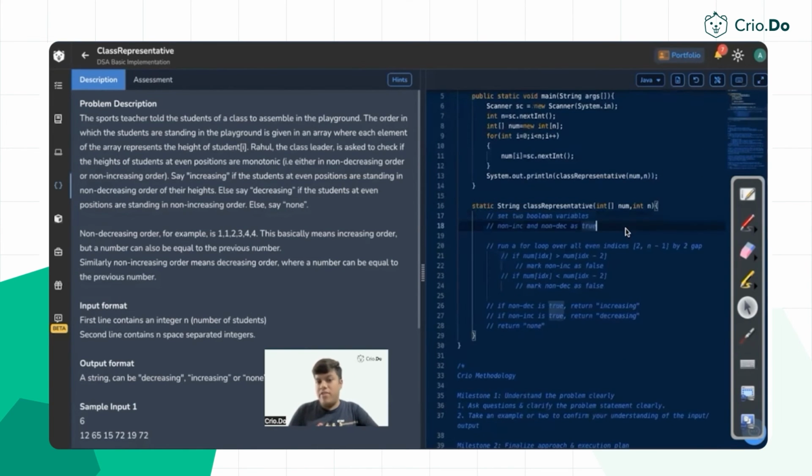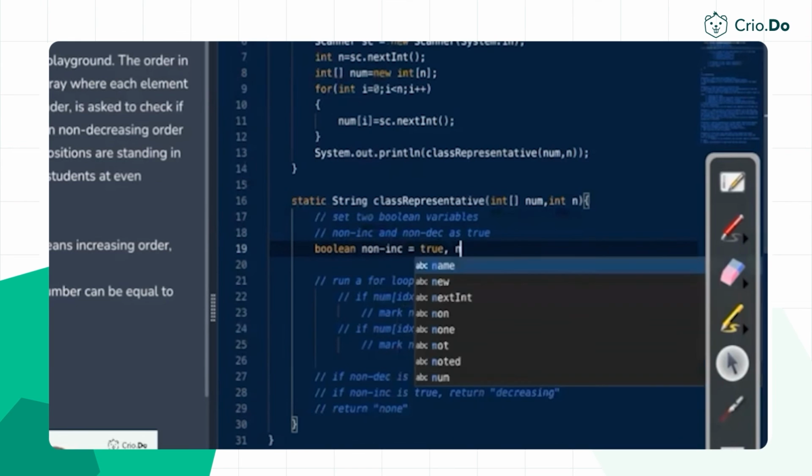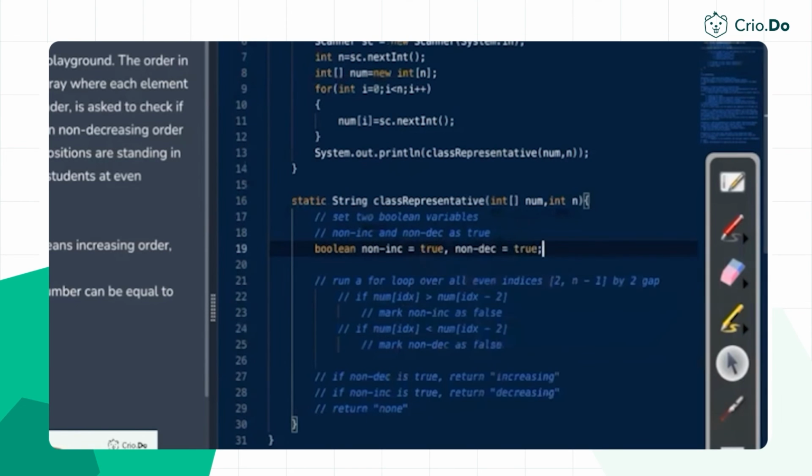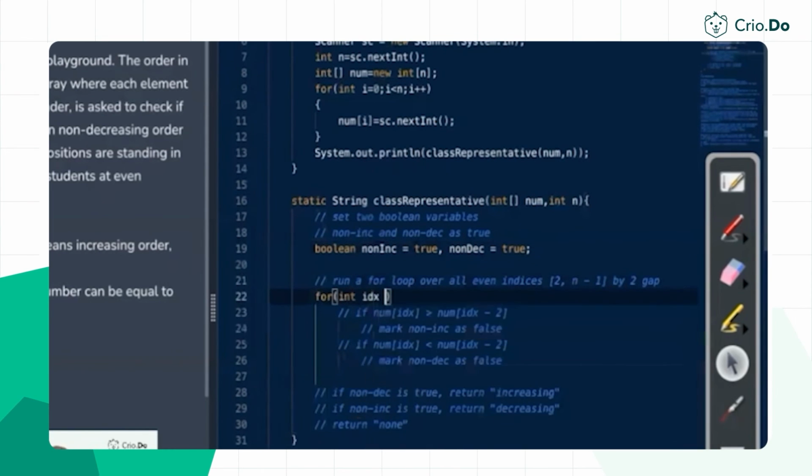What do we have to do? We have to maintain two Boolean variables. So Boolean non-increasing, is it true initially? As well as non-decreasing, is it true initially? Both variables will be true. And we can't use this kind of nomenclature; we should use this kind of nomenclature, non-increasing, non-decreasing. Now we have to run a loop over all the even indices. That is, index will start from 0. No, we have to start from the second index, so that we can compare with the index minus 2. So start from the second index, go till less than n, and do the jump by 2, as it is mentioned,